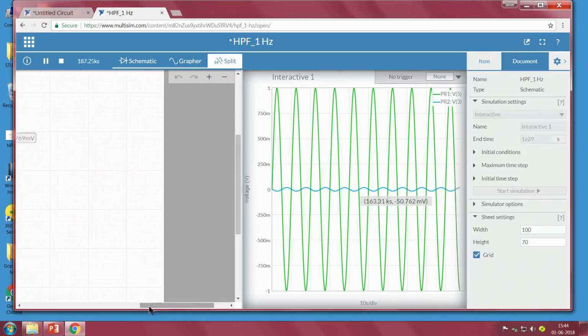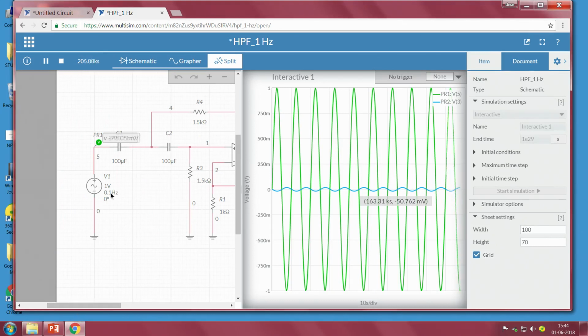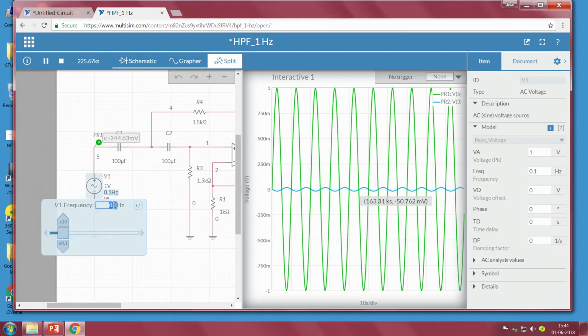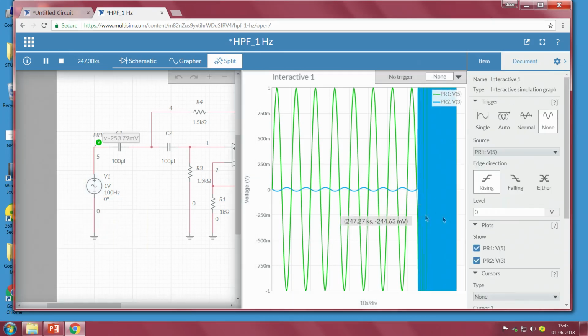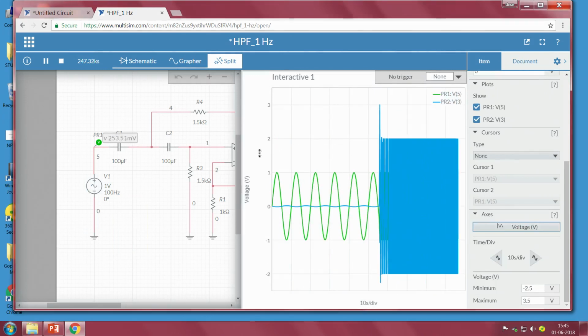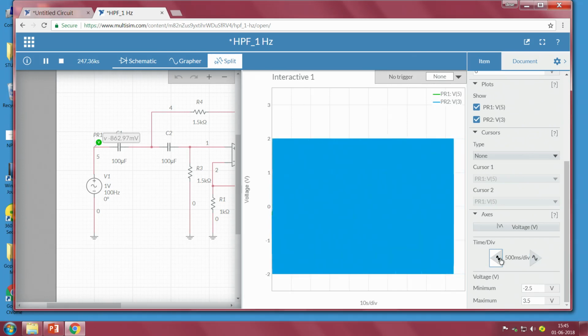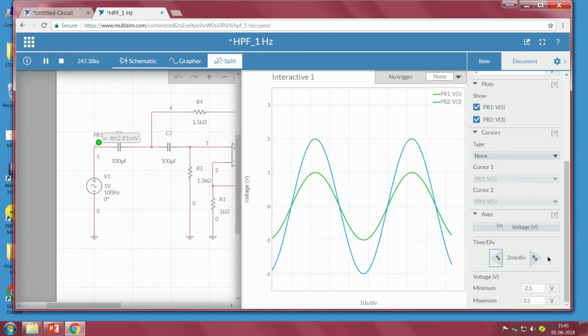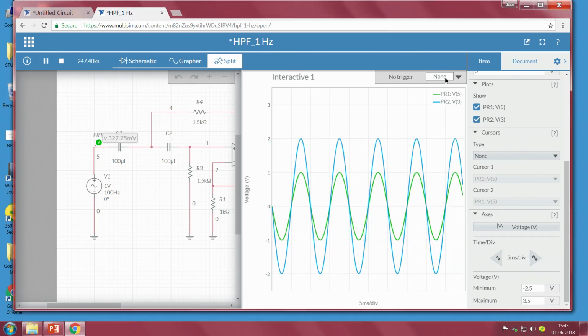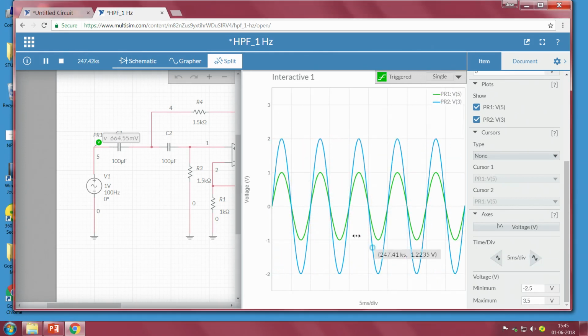In order to understand that, rather than going with a high value, we will go from a lower value. So, make it 100 hertz. Now, go to the settings. We can see 2 volts to 2 volts. I will decrease the time division so that we can see the signal. From here it is clearly observed that the input is green and the output is blue. The peak to peak value of the input signal is 2 volts, whereas the output peak to peak is 4 volts.